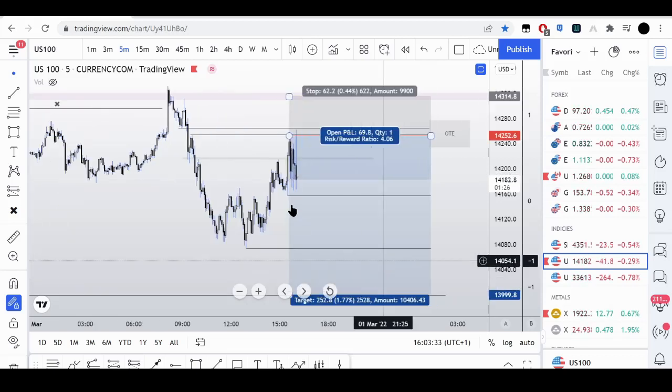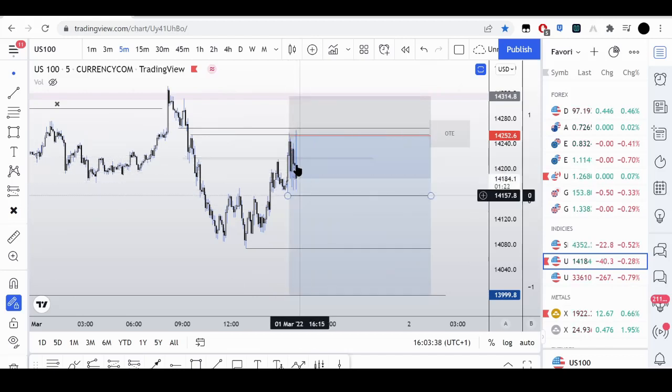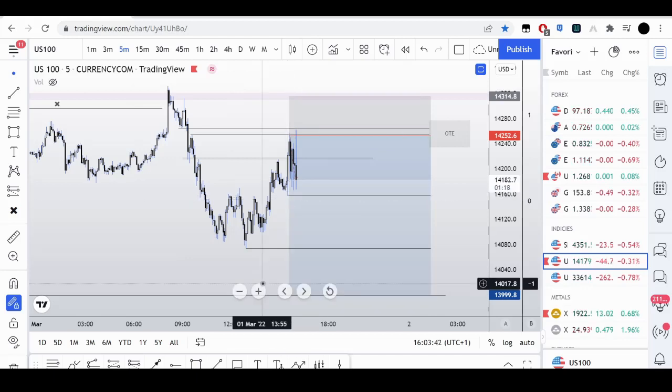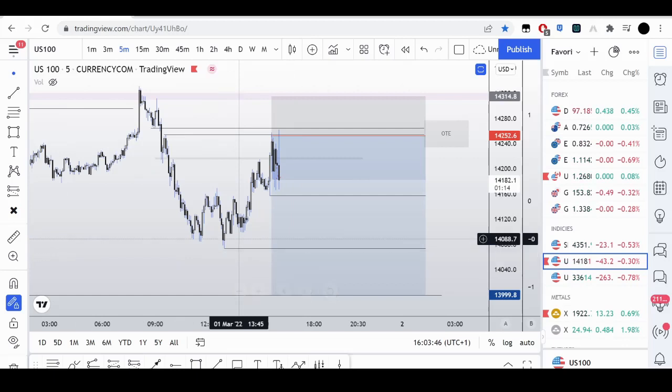Yeah, I really don't want to see US100 play around though. I really want to see it attack this low at least. You know what I mean? At least attack that low. You do have this order block right here under the low. I feel like we're gonna run all of this.